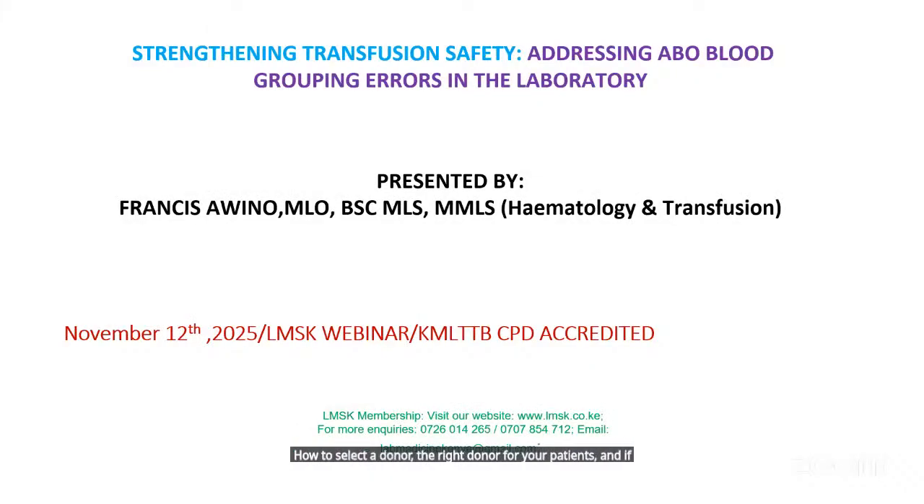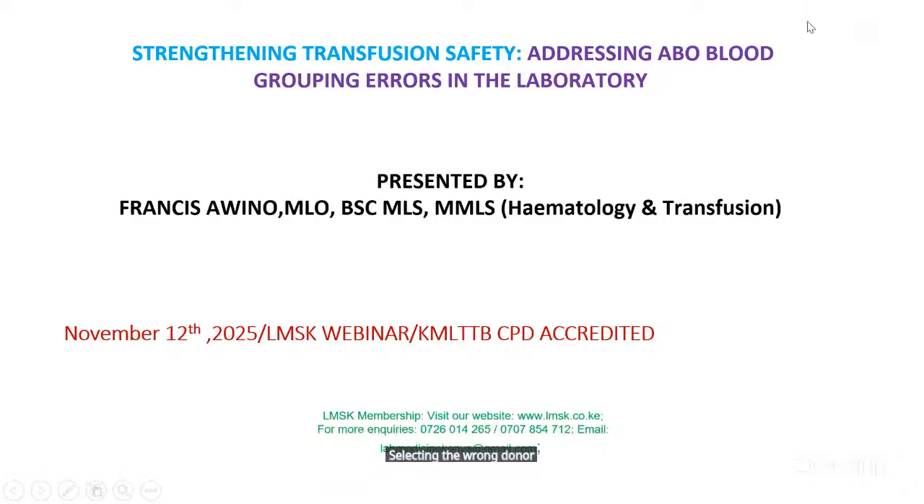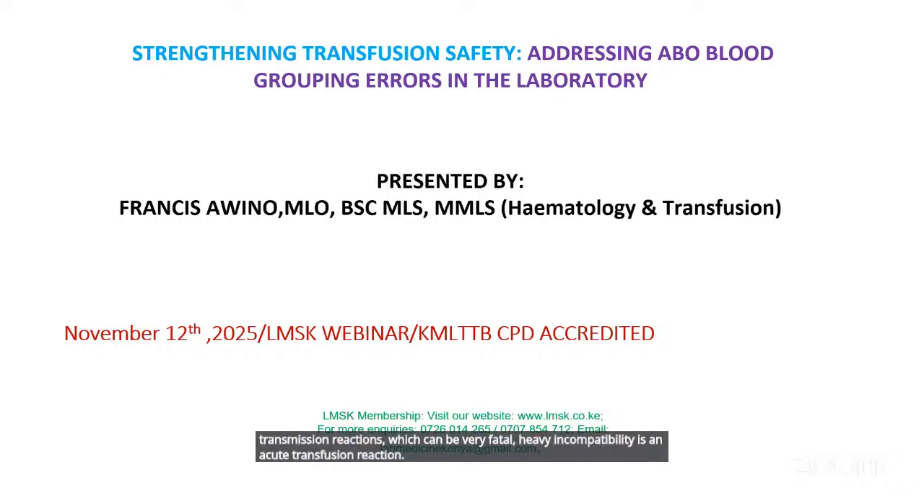donor for your patients. And if anything goes wrong, then we might end up selecting the wrong donor. So if we select the wrong donor, which means we give a wrong ABO group to a recipient, we are likely to have a transfusion reaction, which can be very fatal. ABO incompatibility is an acute transfusion reaction, and it is